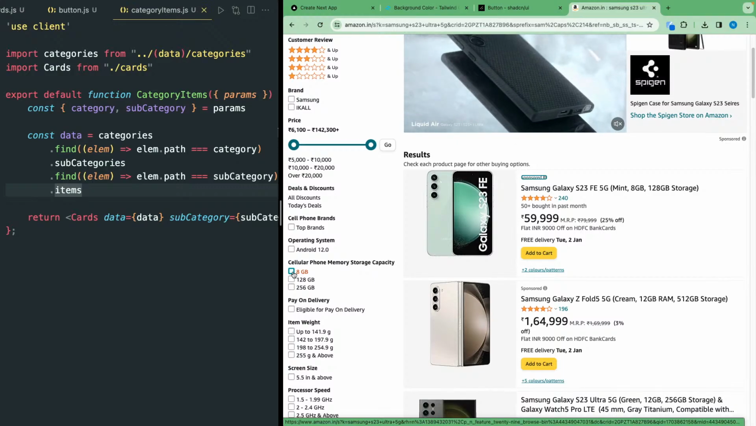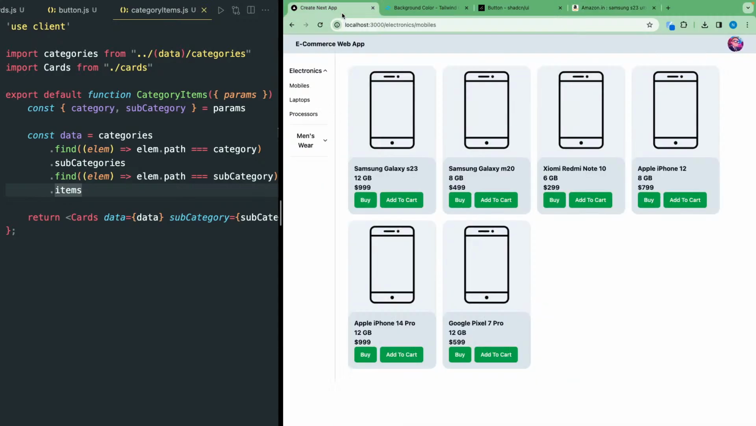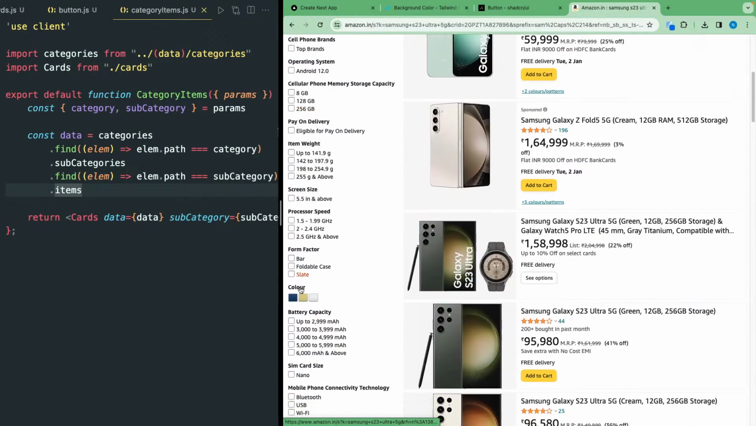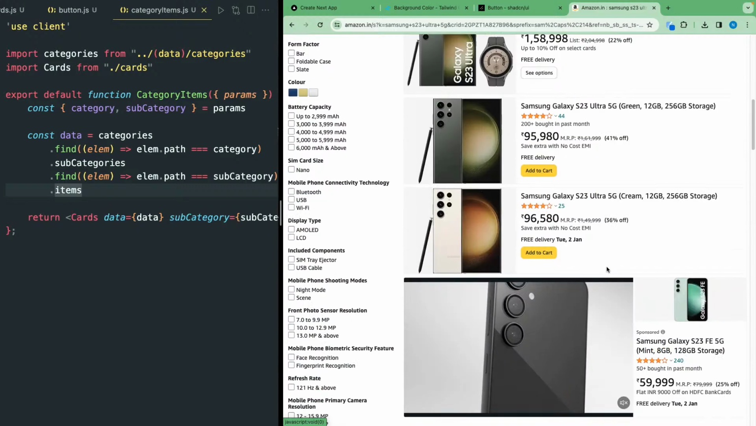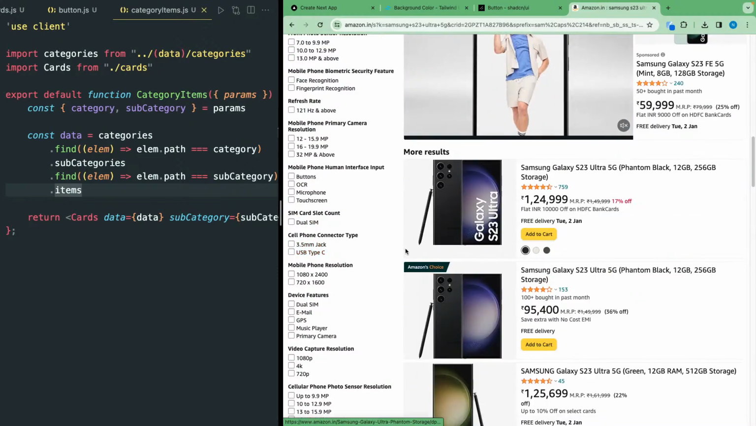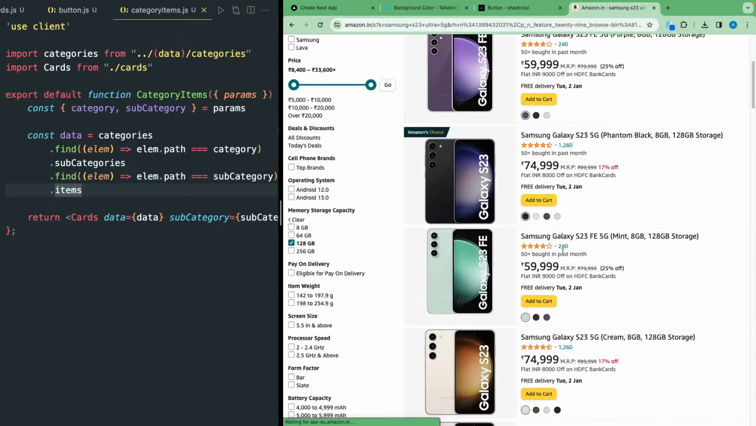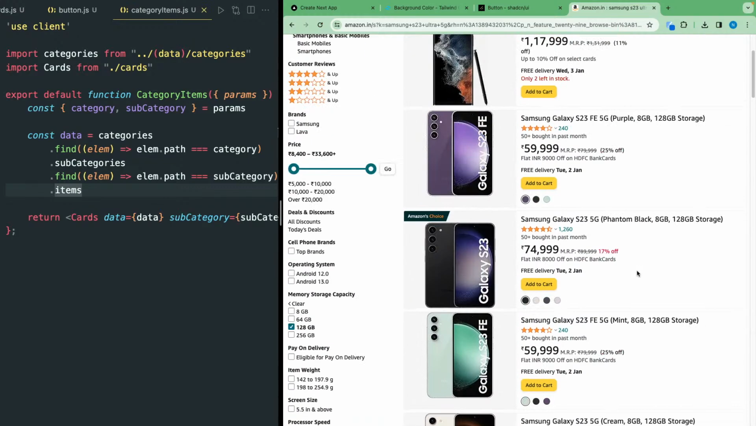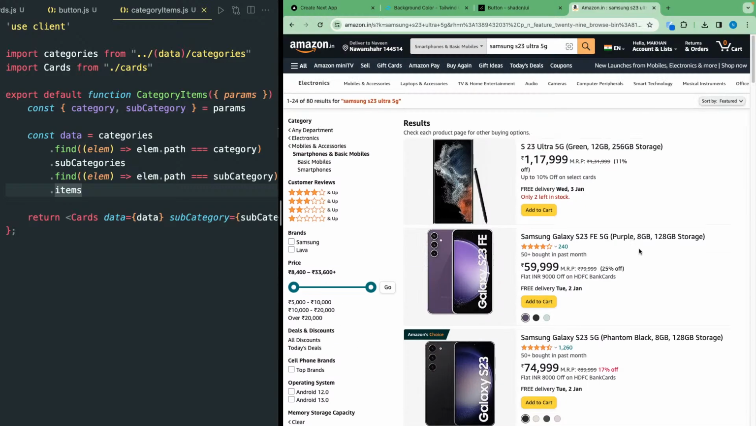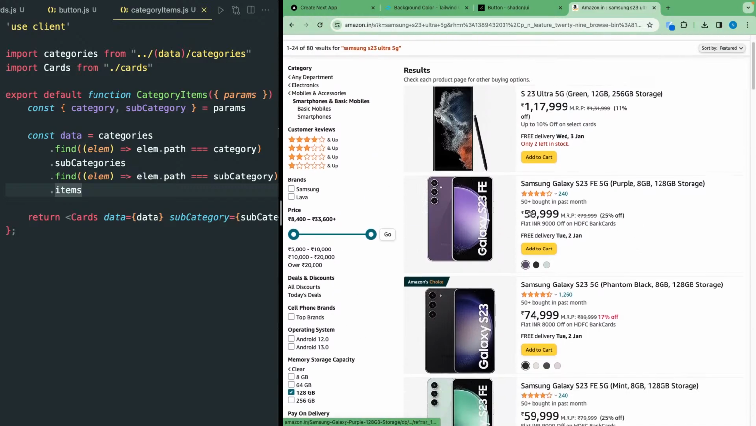So they have even the filters for the phones. We do not have currently applied any filter for our phones. Samsung Galaxy S23 Ultra 5G and there are other phones. Cool. So now if I click on 128 GB, it will again show Samsung S23 5G. So as you can see,